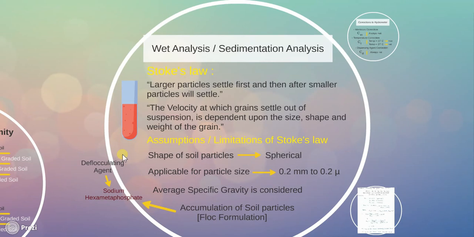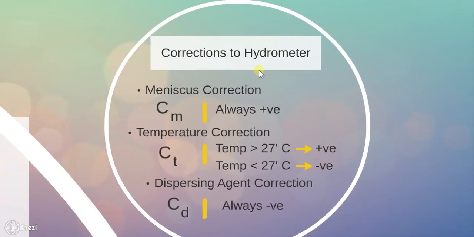For that calibration, we need to discuss some corrections to the hydrometer. Let us discuss that. These are corrections to the hydrometer which are applied after calibration of the device. Sometimes it happens that even if you have calibrated the device, the readings still go in the wrong direction. At that time these corrections will be crucial to the process.